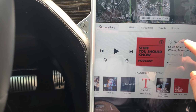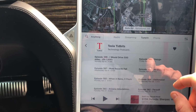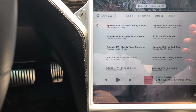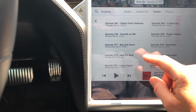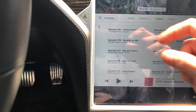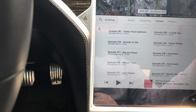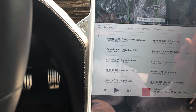It works great. And if I go back, I know Tesla Tidbits actually posted in episode 380 or actually 381 about a loading error issue they were having with episodes, I think 374 to 381, I believe. And even after the problem went away, all these episodes would still give you a loading error. And now, actually, if I select one of those,